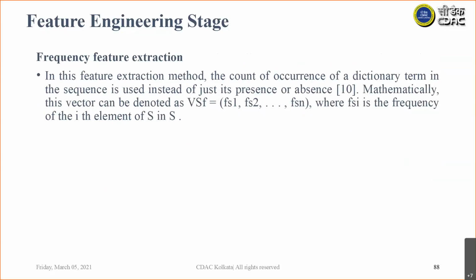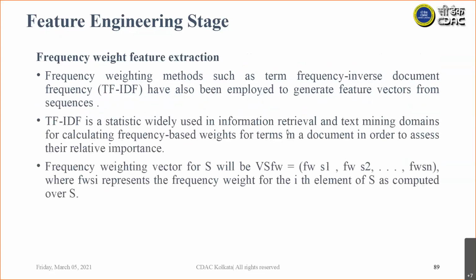Mathematically, this vector VSF contains the frequency of each element Si. Another metric we can use is called TF-IDF, term frequency inverse document frequency, which is also employed to generate vectors from the sequences.